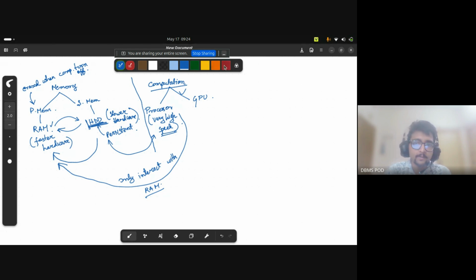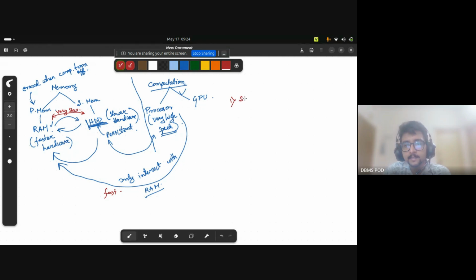Now one important point is this interfacing, right? This area of interfacing is very slow. Very slow means it is slow, not very slow, but what I mean is that compared to the interaction between RAM and processor, which is very fast, the interaction between RAM and hard disk is slow. So this is one very important point with respect to your course, which will be realized in your further weeks,